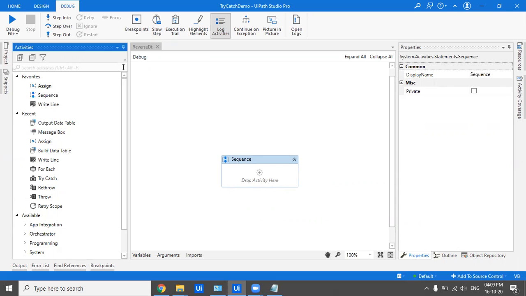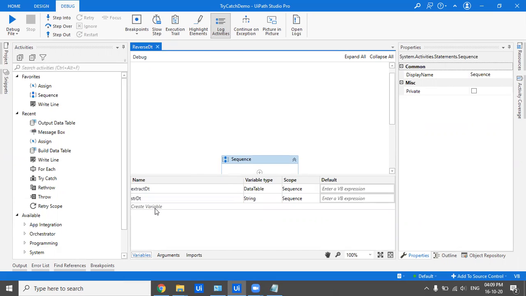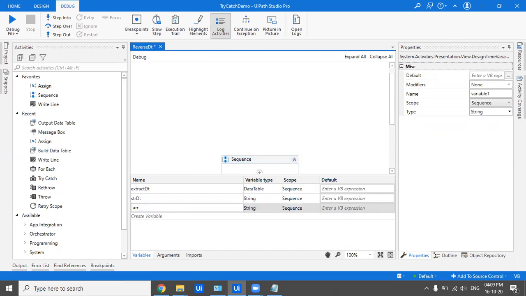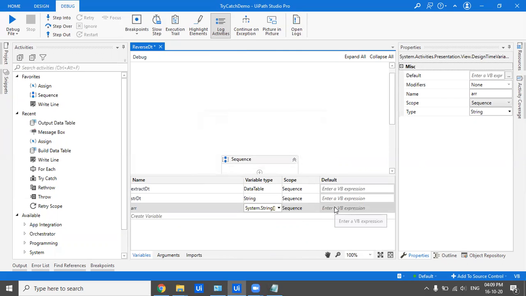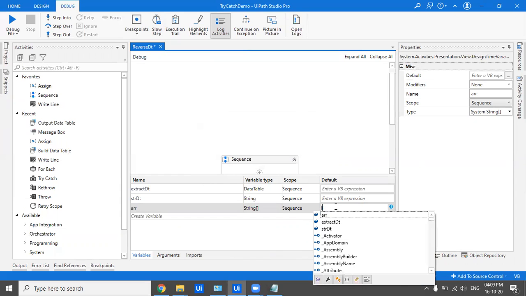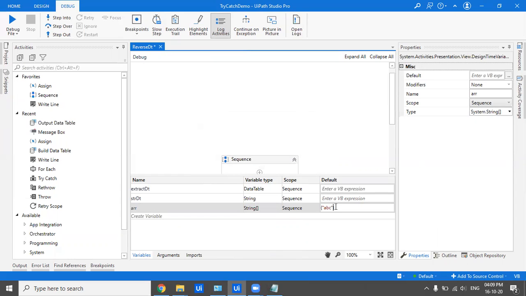So that is array to list and list to array. So for that, let's first of all create an array and a list. I've created an array of string, and let me assign some values to it. I have assigned ABC, and I have assigned DEF.